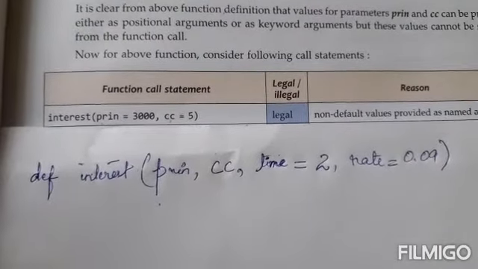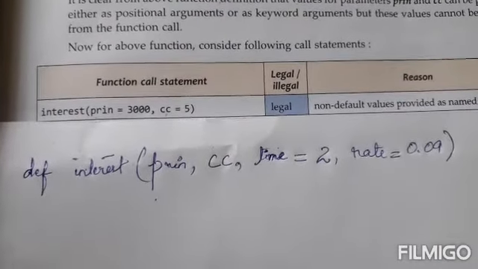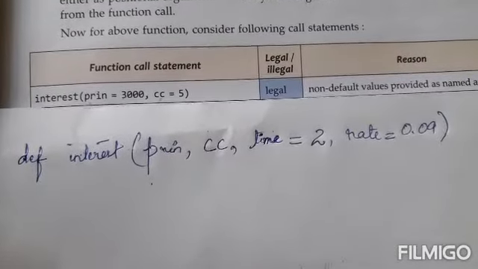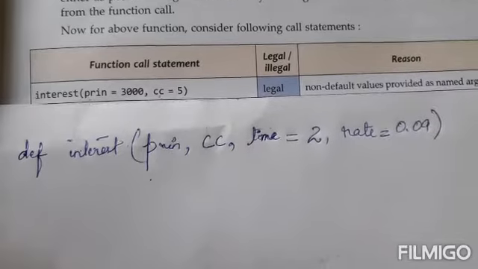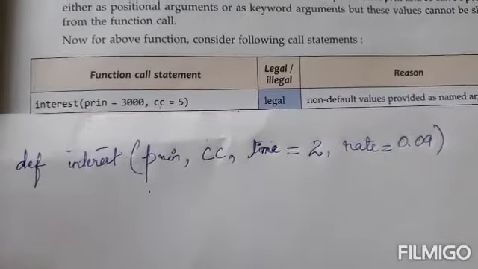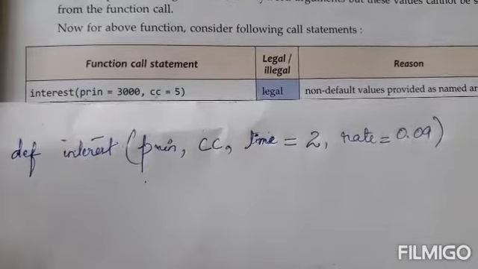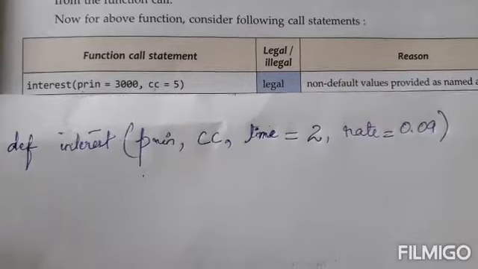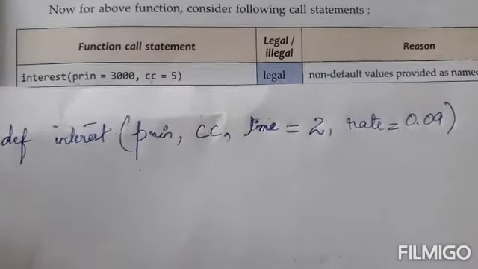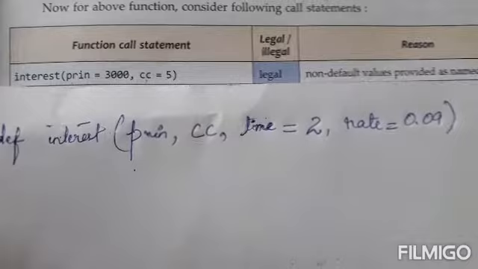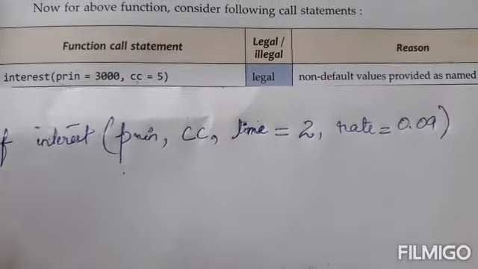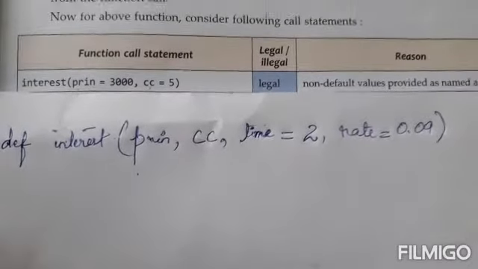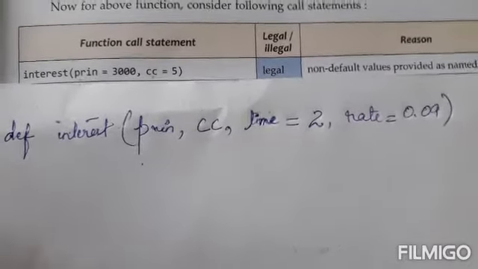Okay, this is the first example from the book. But before we start with this, please remember that in your multiple argument, you always need to follow one simple rule. The simple rule is that whenever you have both the positional as well as the default value, the keyword value, in this case the positional argument will always have to appear first. Fine. The positional argument has to appear first, followed by any other argument later on. That's the only point that you have to remember. Okay, the first example here.